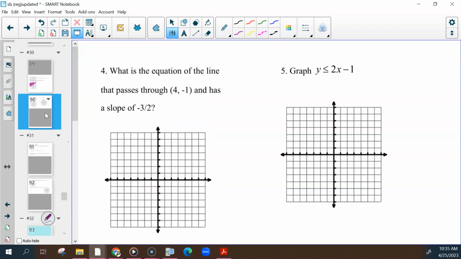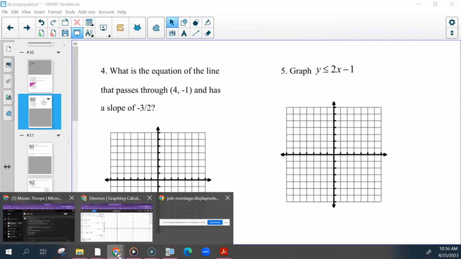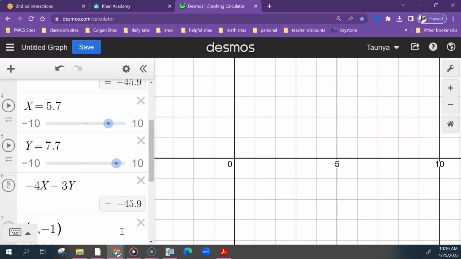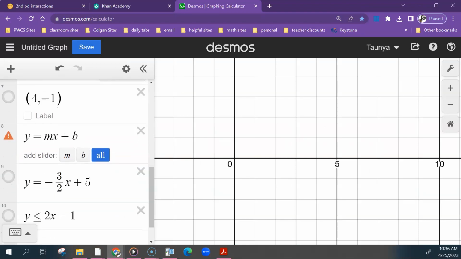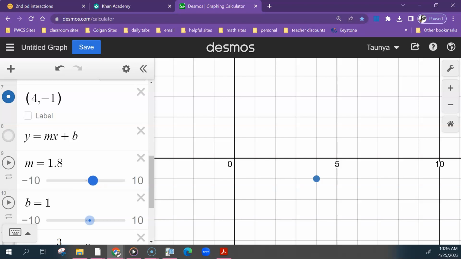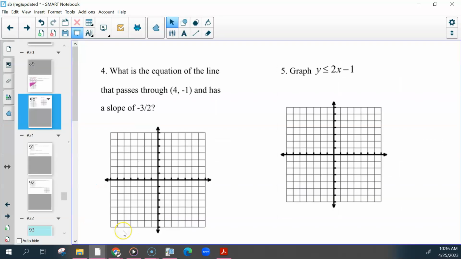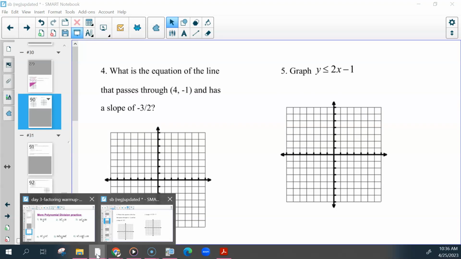Four and 5 can both be done in Desmos. 4 can be done algebraically, but if you have your Desmos tools, you don't have to do it that way. So if you plot the point that it was given, and then type in your y equals mx plus b and add sliders. What was this? Negative 3 over